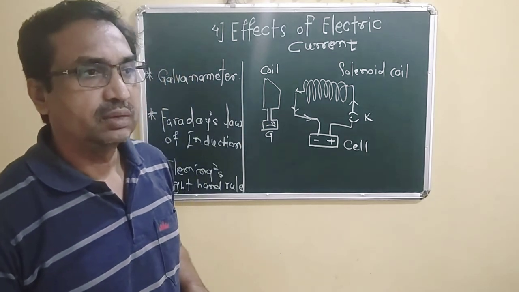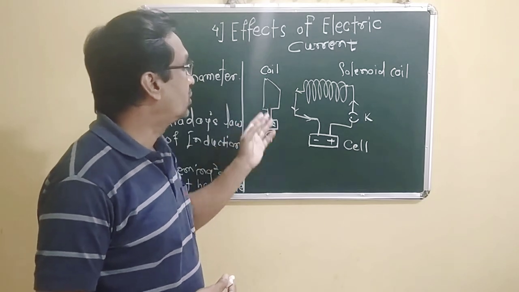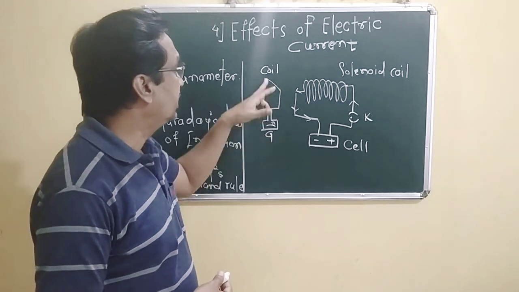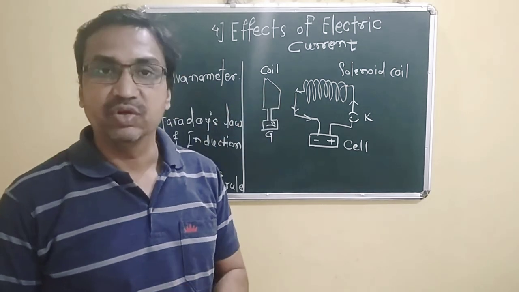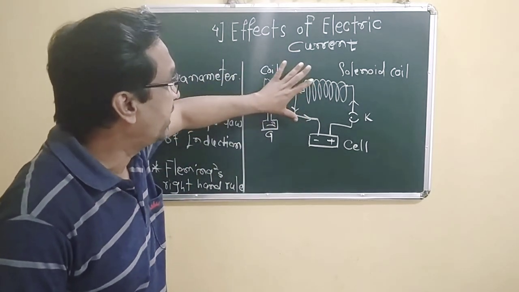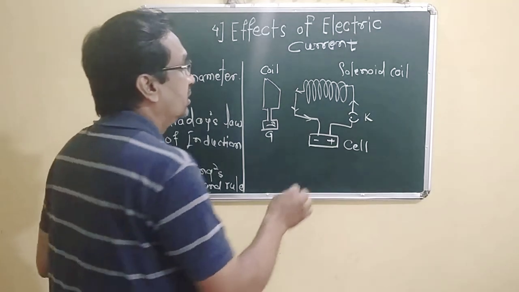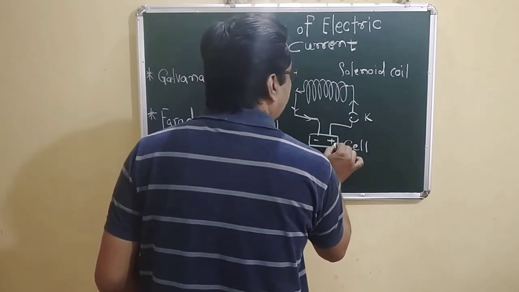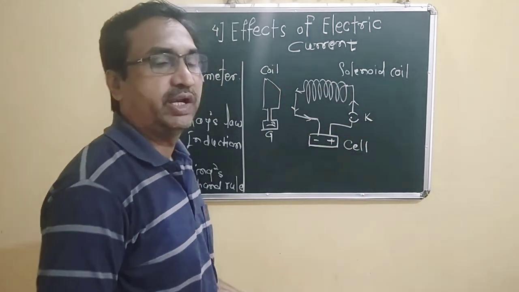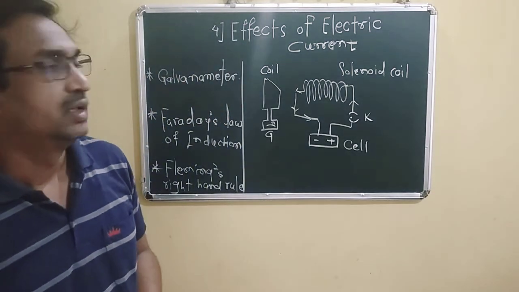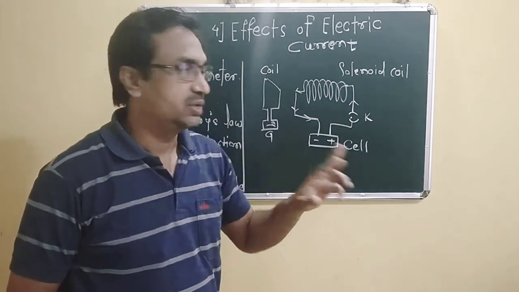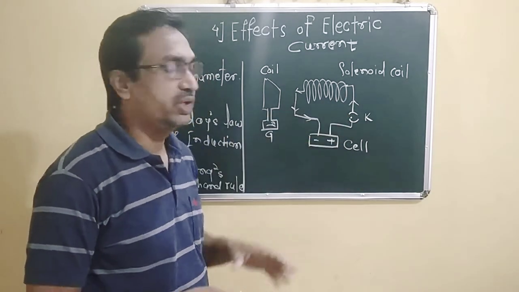So a question arises here. There is no source attached to the coil, yet we can easily find there is a flow of electric current in the coil. This flow of electric current in the coil is due to the vicinity of that particular magnetic field. We already know that when the cell is connected, the electric current flows in the solenoid coil in a unique direction, from the positive terminal to the negative terminal.